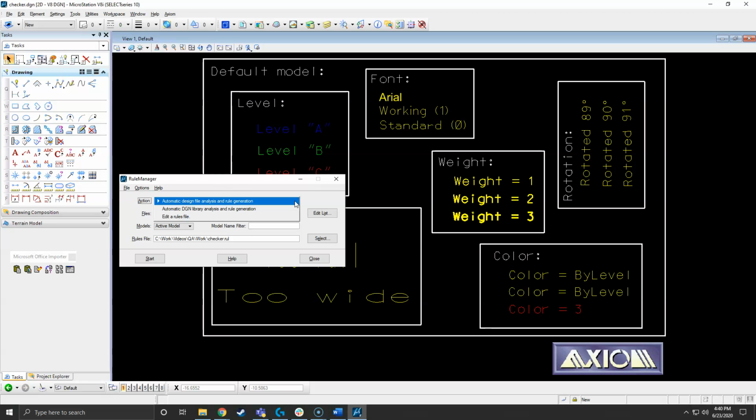Now, in the action pull-down menu, you have automatic design file analysis and rule generation. What that does is you choose in this files field either a single file or a bunch of DGNs, doesn't really matter. And you want to choose files that already conform to a standard, because you don't want to choose files that have broken standards, because then you end up with rules that support stuff that is not what you want. So you get good files and you use this mode and it'll create a rule file for you